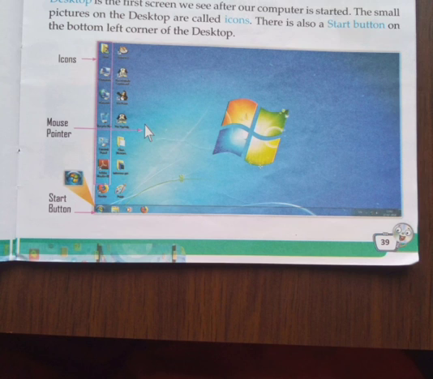Next and last, to open a shortcut menu. Which steps should we follow? Step number 1. Move the mouse so that the mouse pointer points at the icon. Step number 2. Now click the right button of the mouse. A shortcut menu pops up. The shortcut menu is called